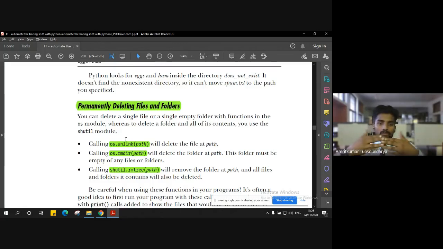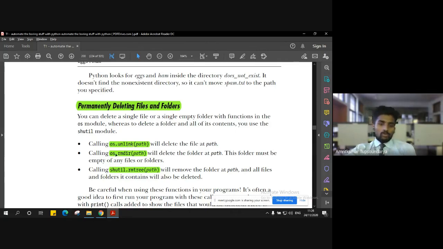It will be a kind of disconnection. If a file is linked to a particular location, then that link will be deleted so that it is disconnected. You can do that using os.unlink(path), where path is whatever path you specify here. That will delete the file in that location.